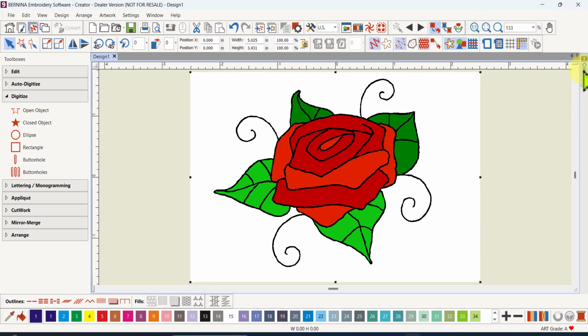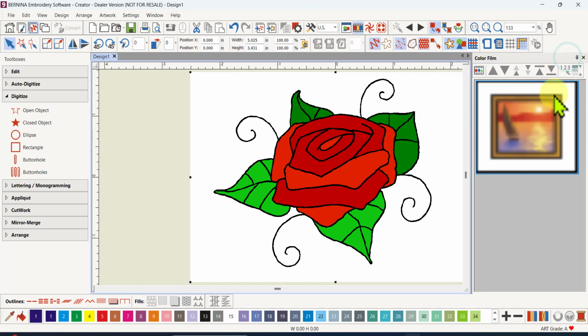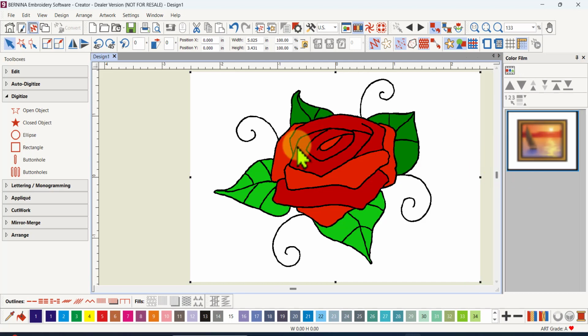Now I haven't got my colour film showing, so I'll show that, lock that in place. Your colour film, by the way, if it's taking up too much space on your screen, you can actually resize that. So if you hover over the boundary between the workspace and the colour film, you'll get this little double-sided arrow icon, and you can left click and drag that colour film a bit smaller if you need more real